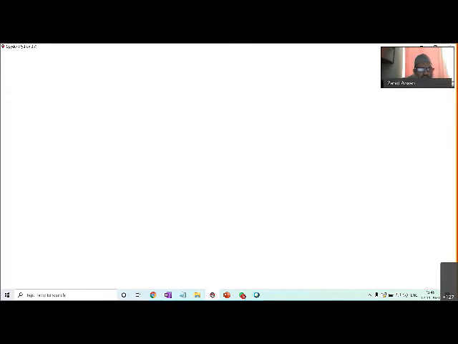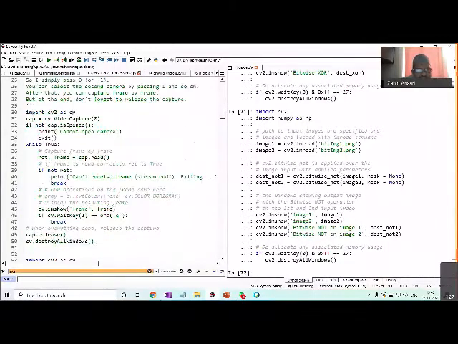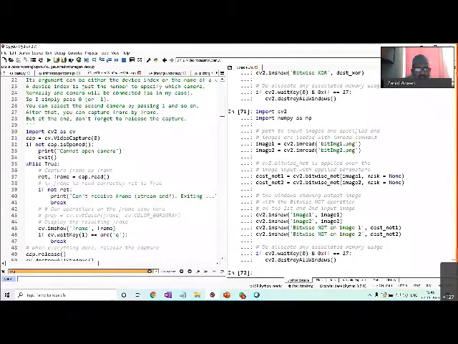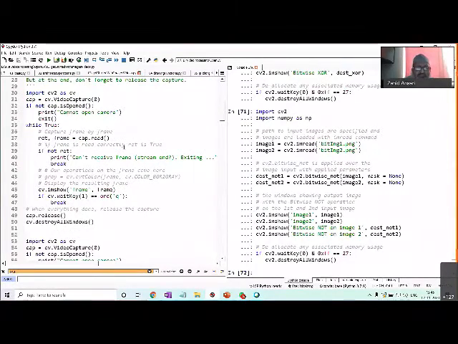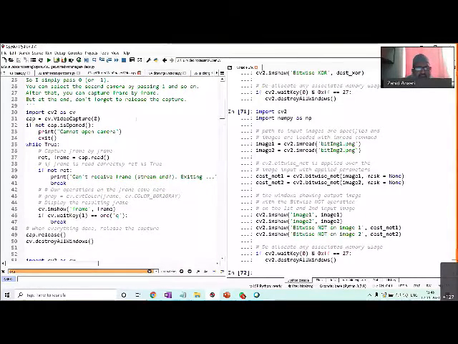So for that, I'm taking you to a script over here. OpenCV makes your life so easy. If you think of writing a program in other languages to capture things from the camera, read it and display it, how many lines of code you need to write? But your life is so easy when you go with Python OpenCV. So first, we'll learn how to capture a live stream using a camera on your laptop.